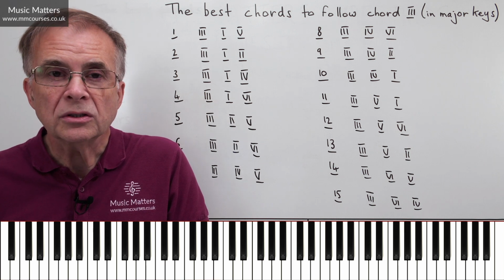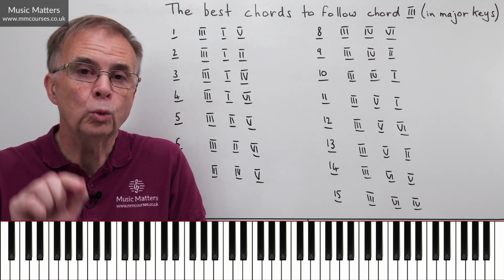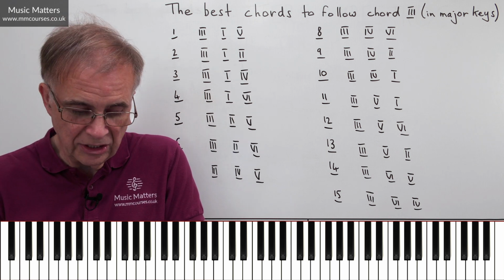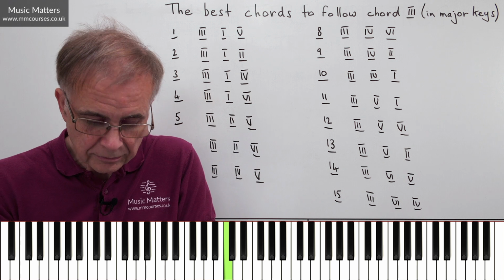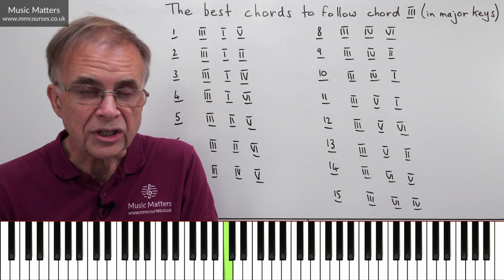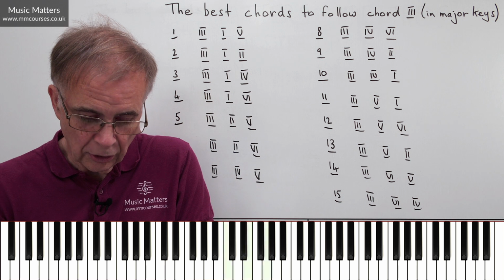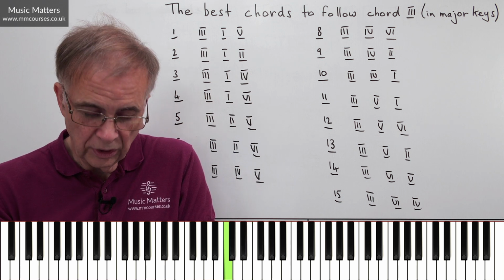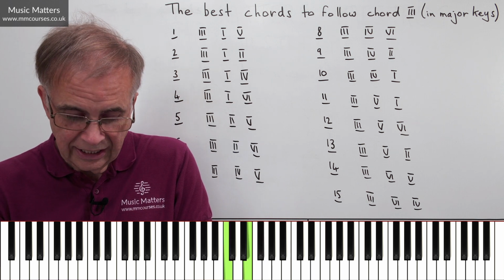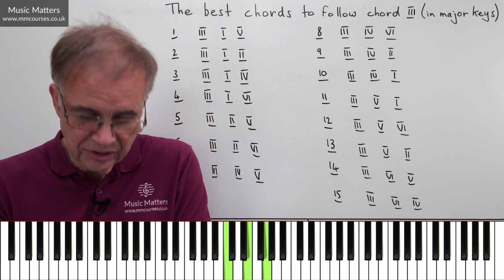When we're doing chords, we tend to label them using Roman numerals. So if I have a chord 1 as a Roman numeral, it's going to be based on the first degree of the scale. So in C major, the first degree of the scale is C. And to make a chord, I use that, which is what we call the root note, the bottom of a chord, and I add a third and a fifth. So 1, 2, 3, 4, 5. So that's a root, a third, and a fifth. So C, E, G is chord 1 in the key of C major.